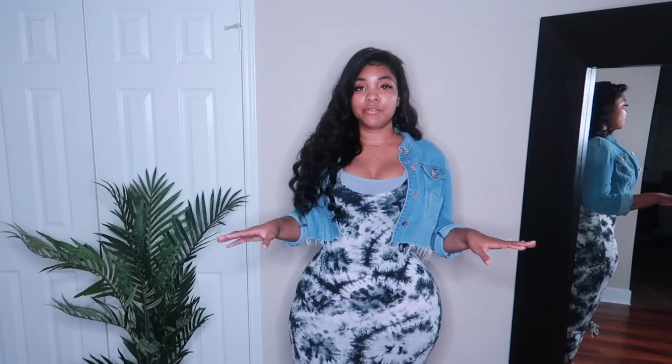So I'm just going to give you a little look of how I leave the house every day. I do have on a faja, which is a full body compression garment, but you really can't tell in this outfit. I'm going to show you how I look without it on. So yes, it's almost 90 degrees outside, so I wear a denim jacket every single day. Underneath this denim jacket,